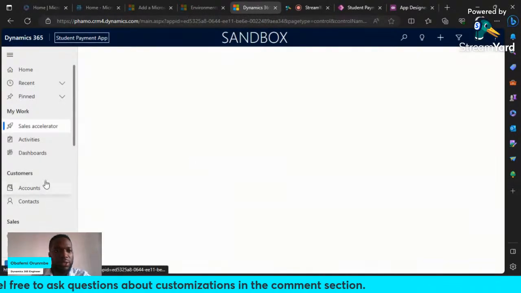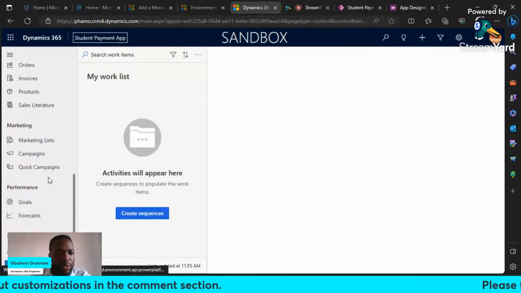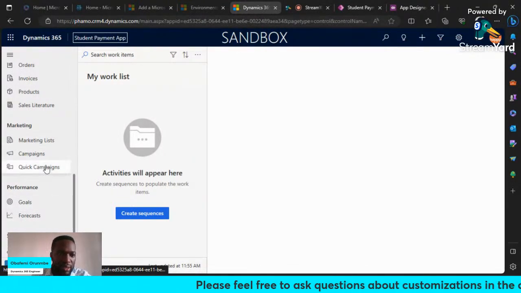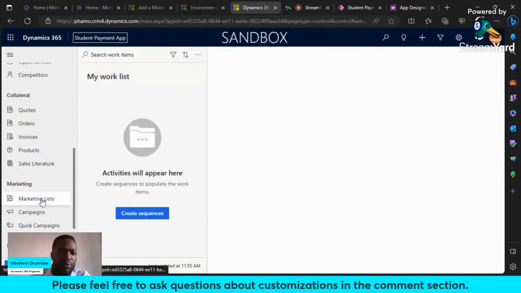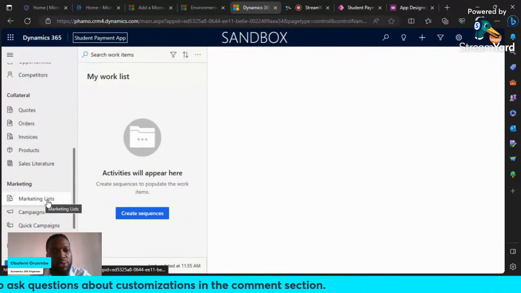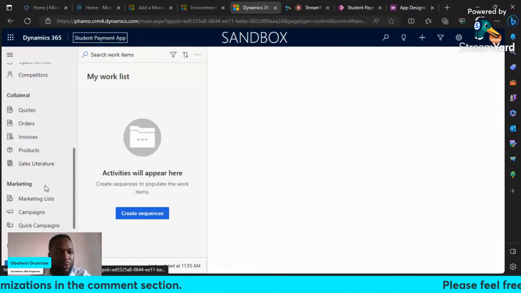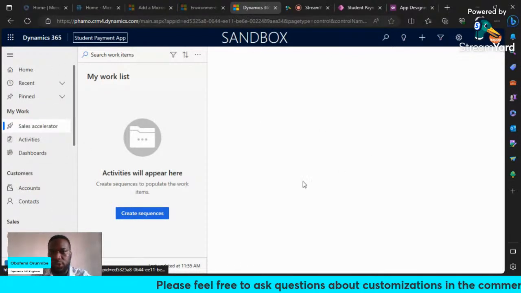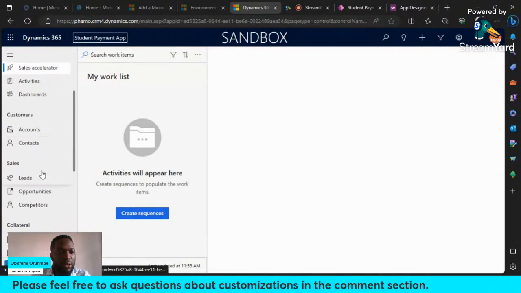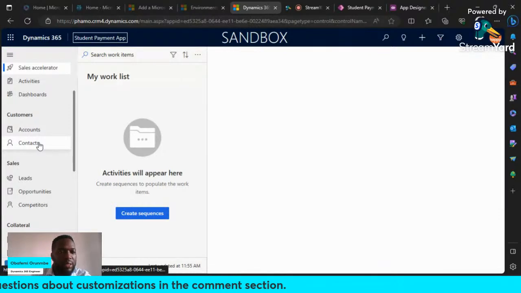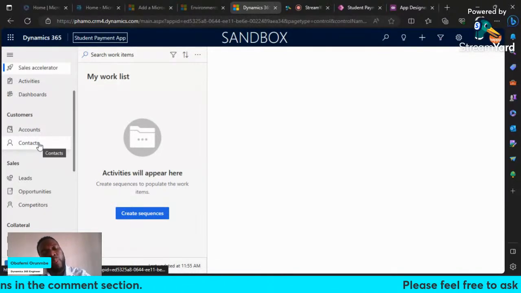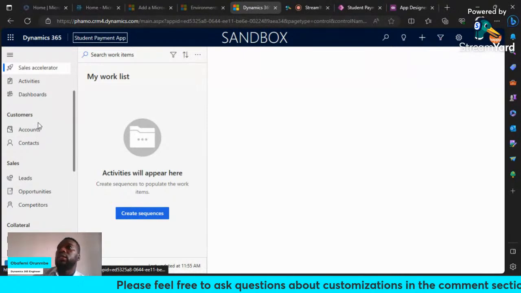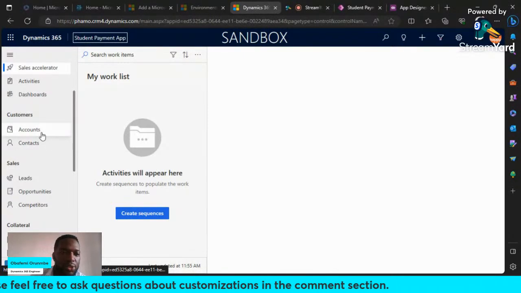So opening our custom application, we have all of these prepackaged, and we don't need goals, we don't need marketing currently in what we're doing, even if it will be needed maybe in the future, to reach out to prospective students and all of that. You might want to do a campaign or something. We don't need codes. So this is what it looks like just before we start making our changes. And also we have something here that is tailored towards contacts. So contacts are a kind of subset of accounts, if you're following the traditional sales model. So